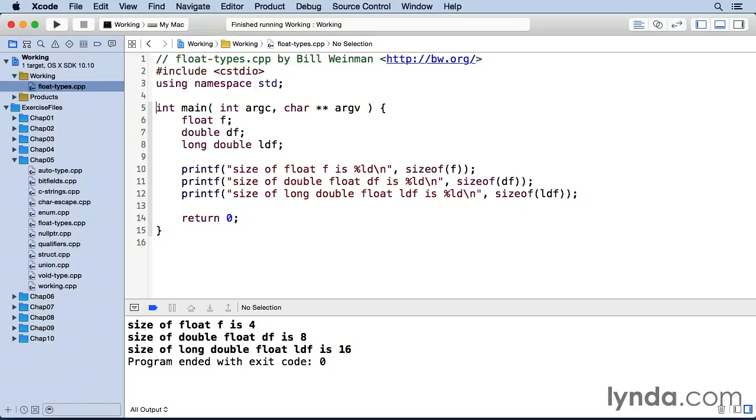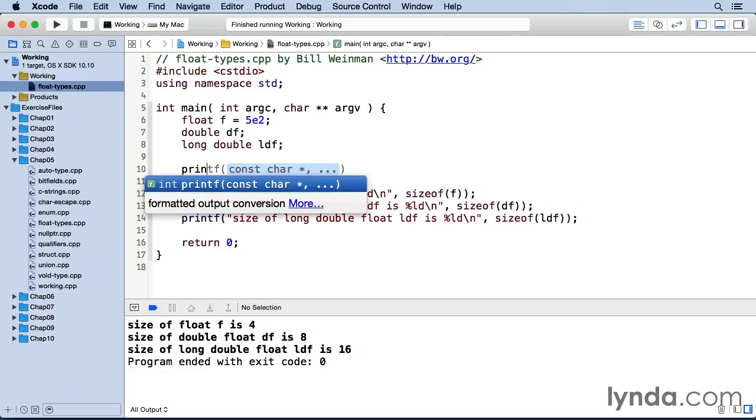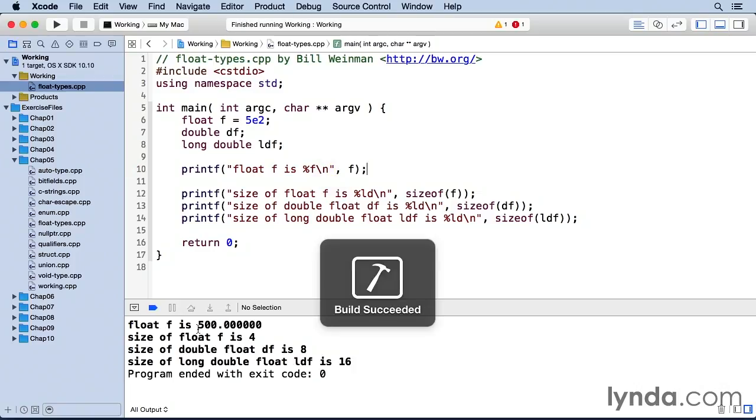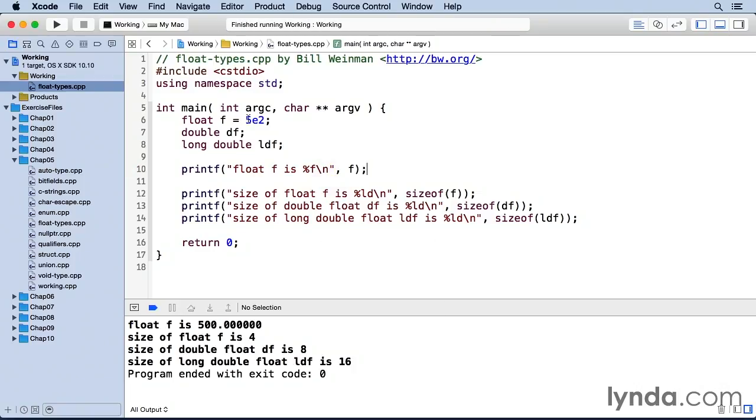Literal floating point numbers are indicated by having a decimal point. So if I say 500.0, that's a literal floating point number. I can do the same thing with scientific notation, and I can say 5e2, and I get exactly the same value. I'll go ahead and print that value out. Print f, float f is, and I'll say %f for a floating point number. Now when I build and run, you see that the value is 500, and I've indicated it here with